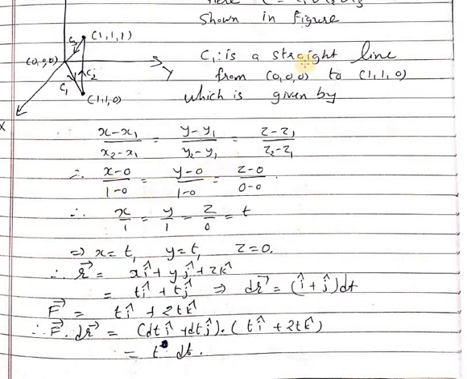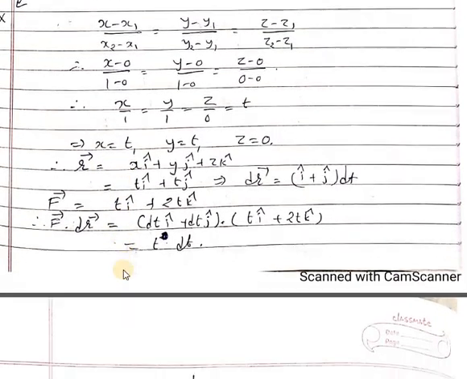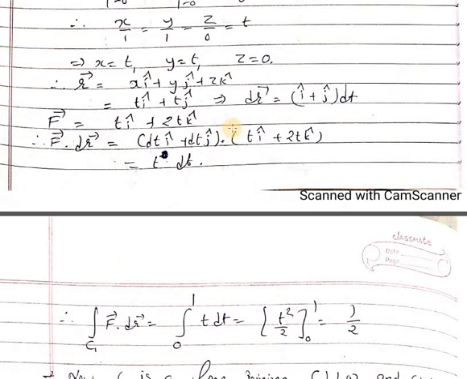Putting in the values, that gives x minus 0 upon 1 minus 0 is equal to y minus 0 upon 1 minus 0 is equal to z minus 0 upon 0 minus 0. So you will have x upon 1 is equal to y upon 1 is equal to z upon 0 is equal to t, say, and that gives x equal to t, y is equal to t, z is equal to 0, and therefore your position vector r bar, xi plus yj plus zk, will be ti plus tj,